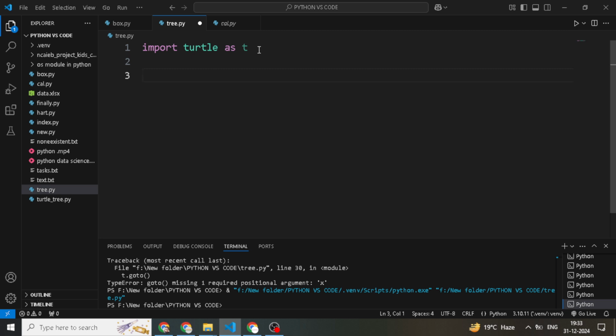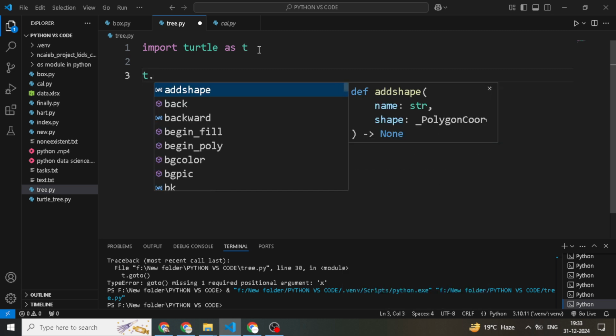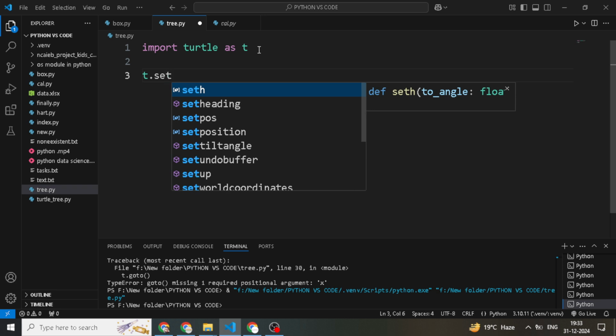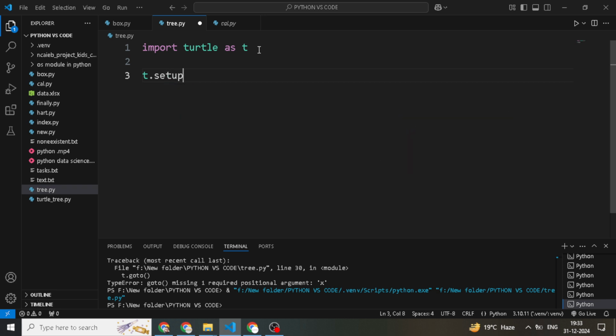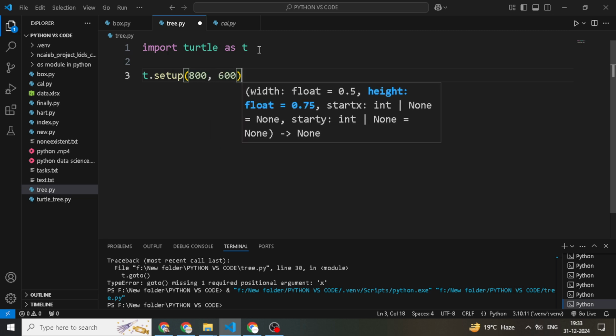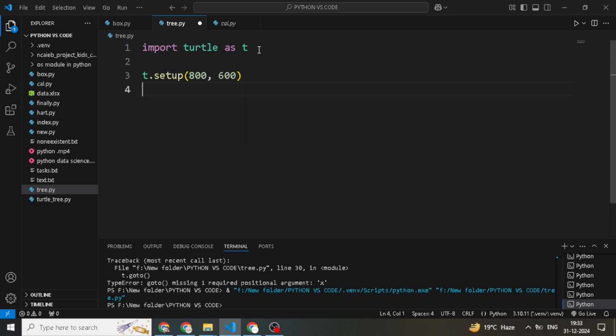Now we set our window: t dot setup 800, 600. This line sets up the drawing window. It's 800 pixels wide and 600 pixels high, giving us space to draw our tree.